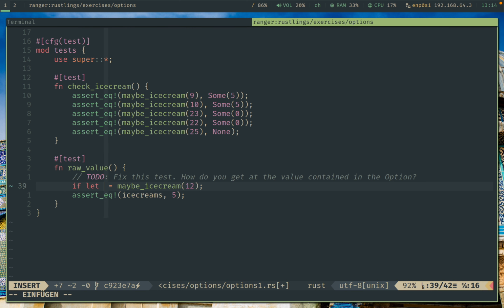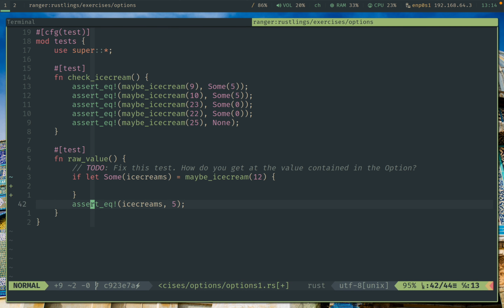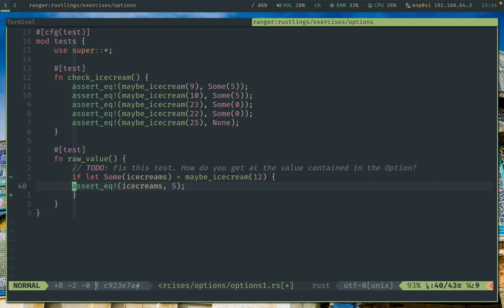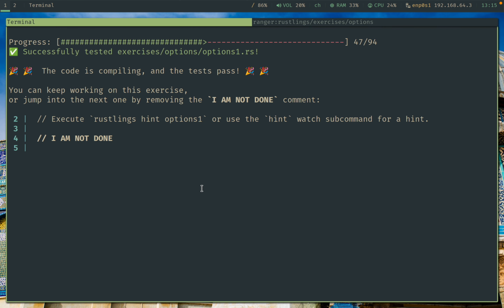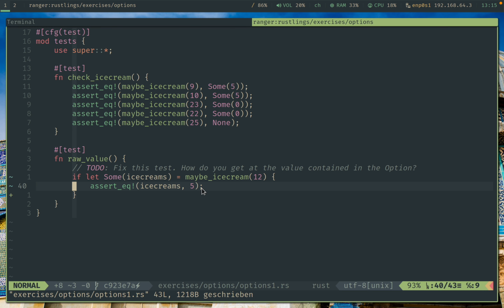If let Some, and then we have ice creams. Then over here we basically just pass it this one, like that, and it should also do the same thing, as you can see. So if let actually